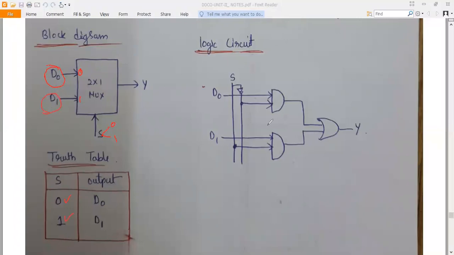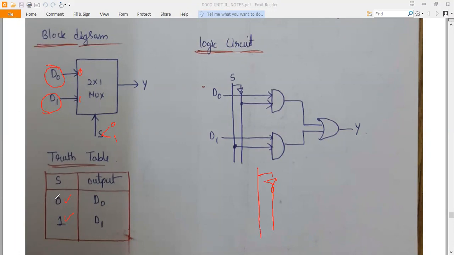Now how to implement that? S equal to 0 means D0 will be passed on, and S equal to 1 means D1 will be passed on. So I have a selection line S, and we also have S bar.